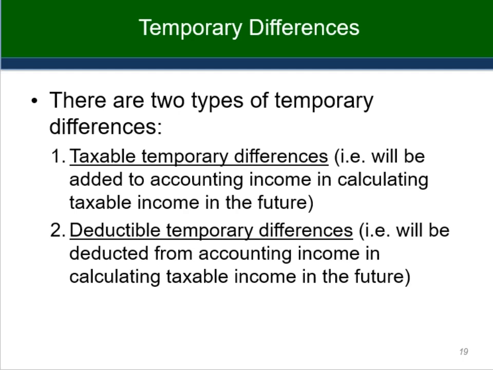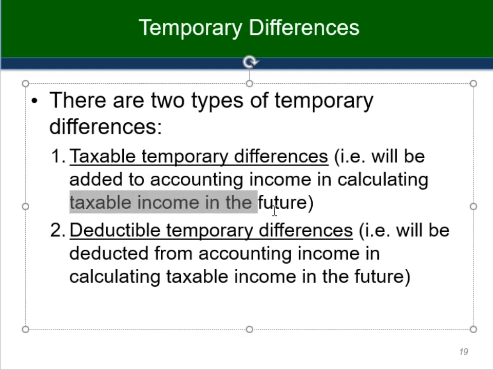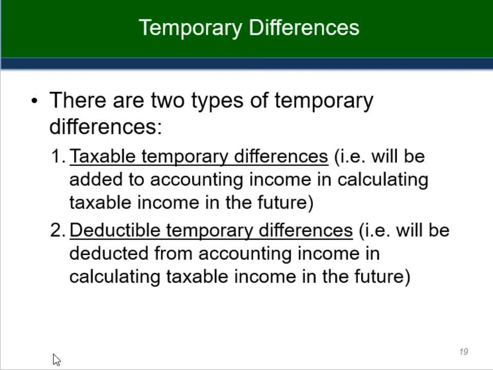Okay, now let me take a step back. I think I was misreading this slide number 19. These temporary differences, taxable temporary differences, are temporary differences that will be taxable in the future. So they will be added to accounting income in calculating taxable income in the future. So that's a key part there. So that's talking about things that we've deducted now but are going to have to be added to accounting income in the future. So that would refer to things like